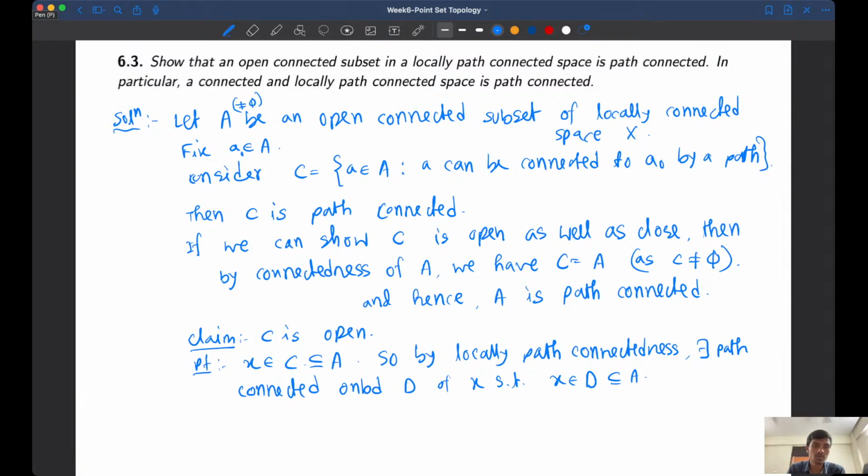And X is a common point between them, so C union D is also path connected, right? This implies C union D is also path connected, as X belongs to C intersection D, and both of them are path connected. And now I know this D is open, and to show that this